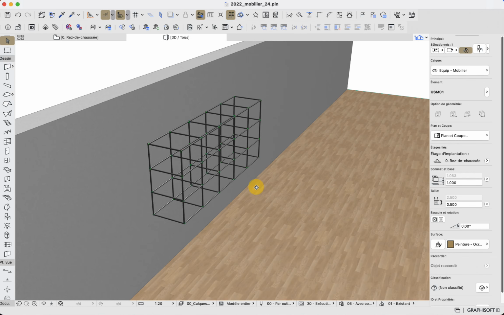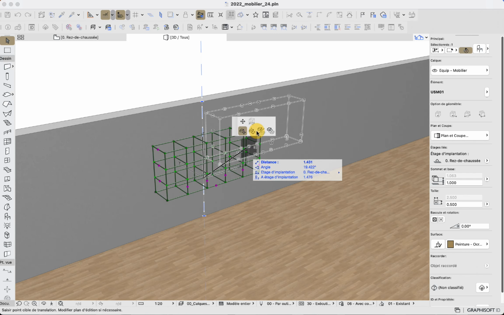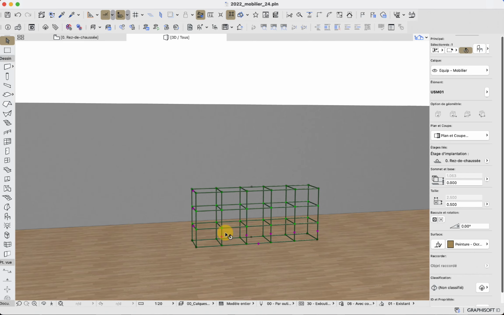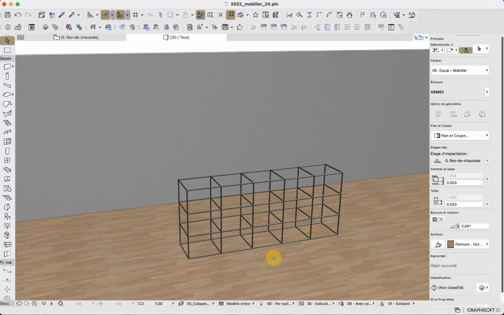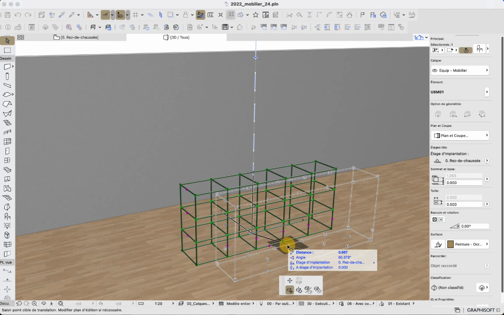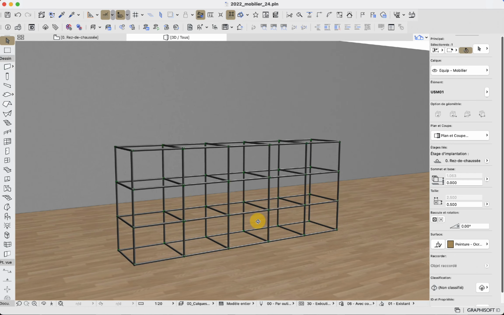So the idea of this furniture is really for architects or interior designers. This kind of concept is aimed at some kind of luxury design, and it's really a fun product that can be customized the way I want.